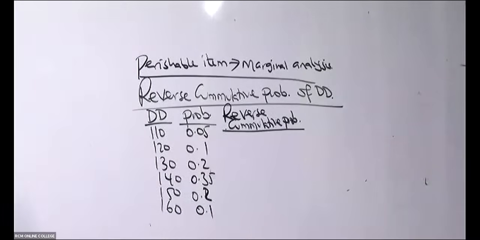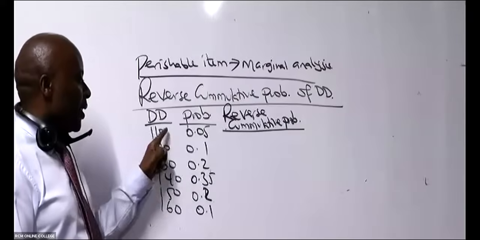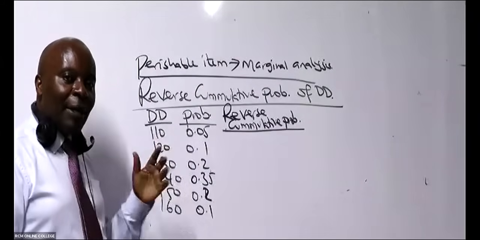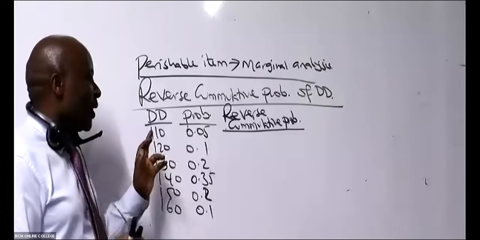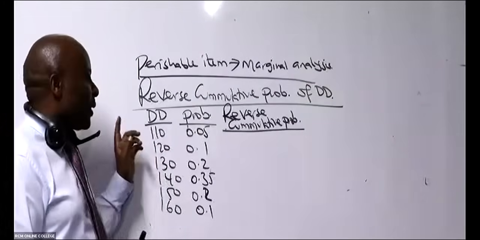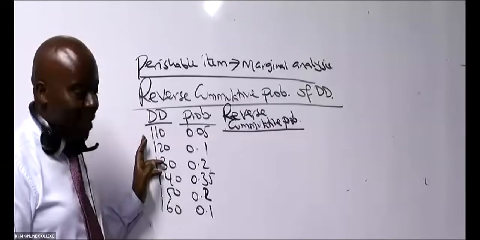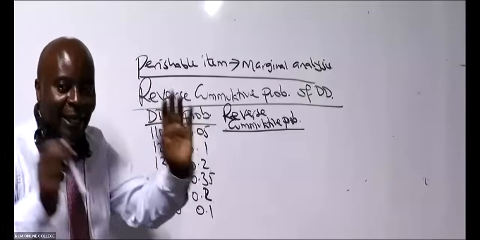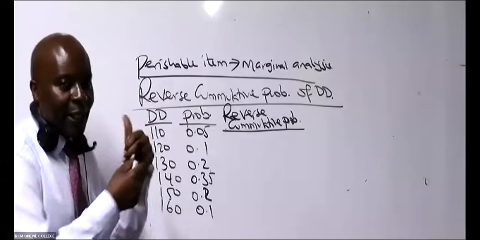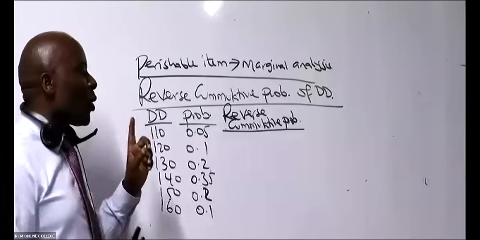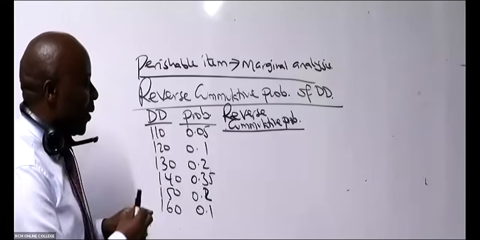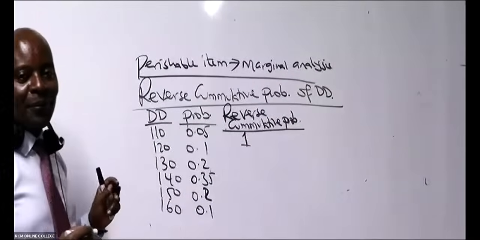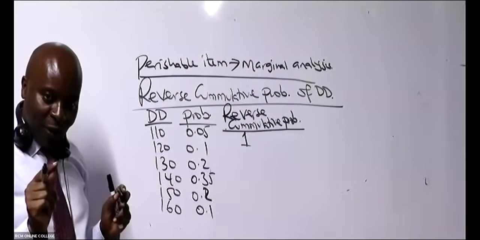So you see, ladies and gentlemen, if I bring this lowest demand value, 110, then I'm assured of selling everything. Because the very least demand is 110. So if I supply 110, then I'm assured of selling. If 110 customers come, I sell all the 110. If 120 come, I sell 110 and I disappoint 10. So if I decide to bring the lowest, I'm assured of selling. So in that case, I'm successful.